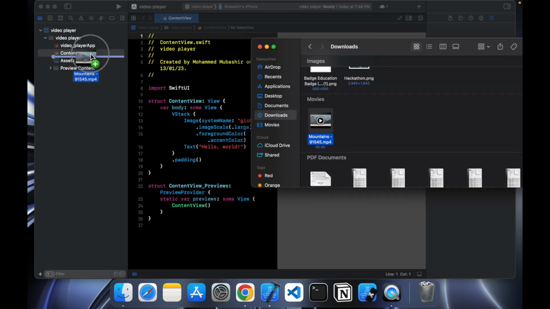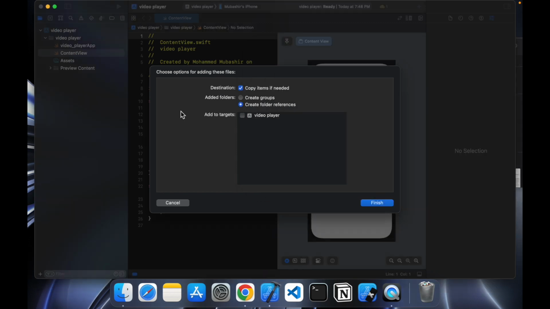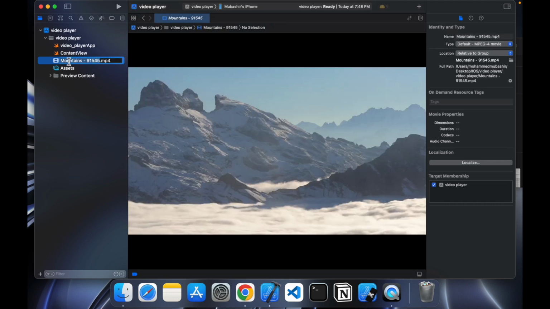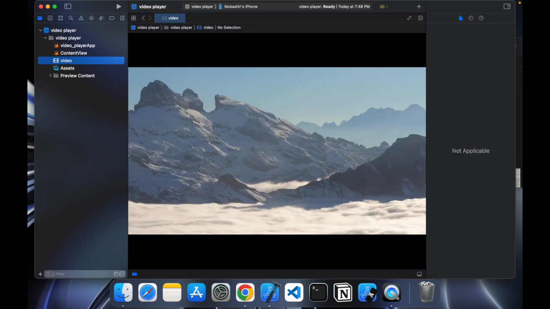I'll just drag and drop it here, and here you need to check this add to targets, or else it will show an error. And you need to also check this copy items if needed and video player for the targets. Finish. Okay, now what I will do is rename this to video, just video,